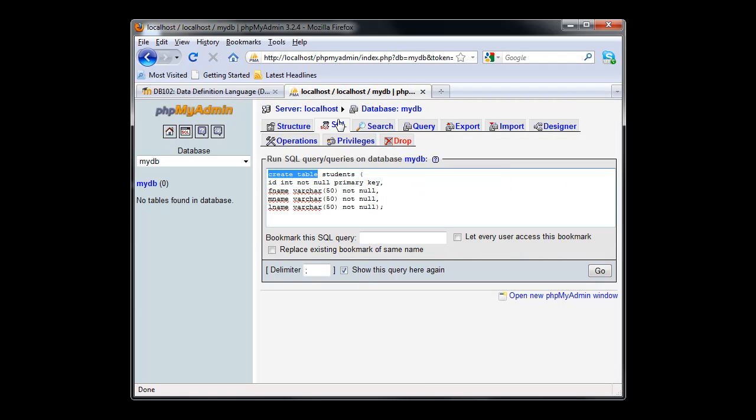So, create table. Again, SQL is not case sensitive. Okay? So, after create table is actually the name of the table that we're going to create, which is students, because we intend to put names of students or records about students inside this table. So I just prepared this early on, copy pasted it. There we have it. So we have an ID. This is the field name, the column name of the column, which will store the ID for the student record